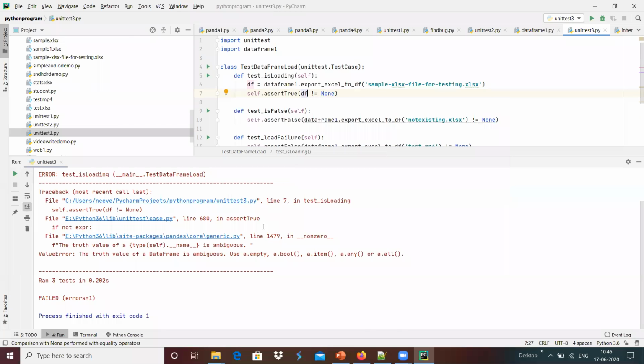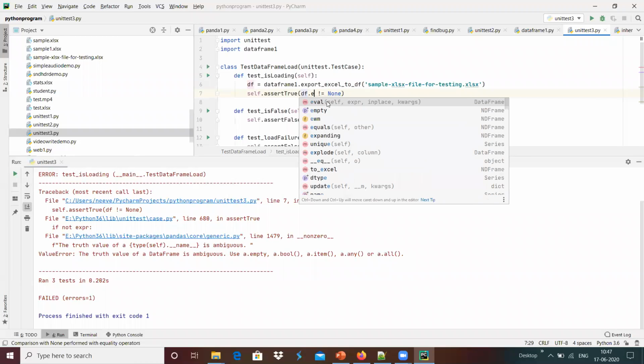It provides a true if not expression, it's non-zero, and the truth value of a data frame is ambiguous. Use an empty, yeah, df dot empty over here.